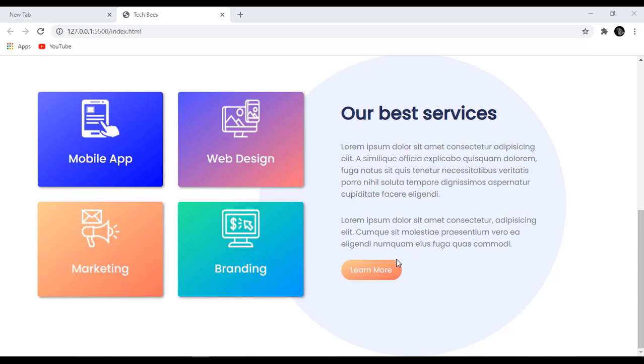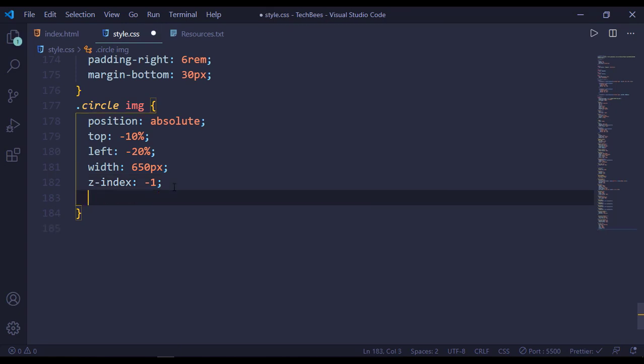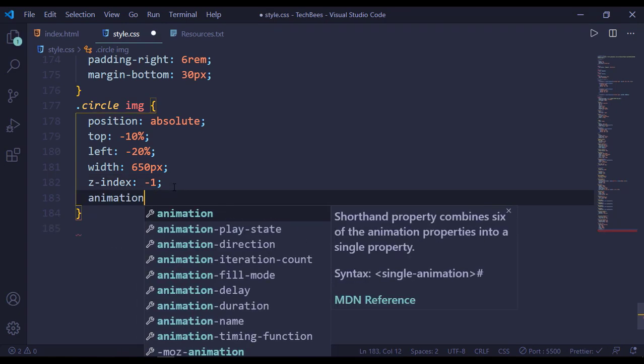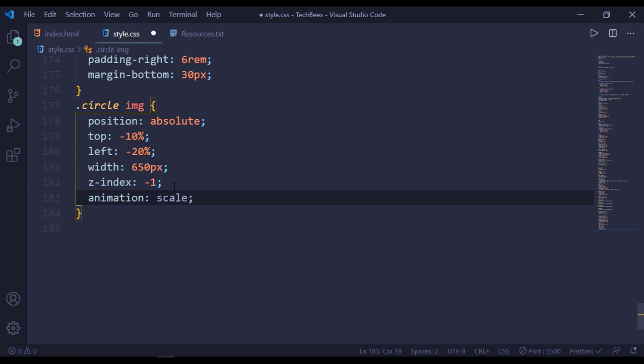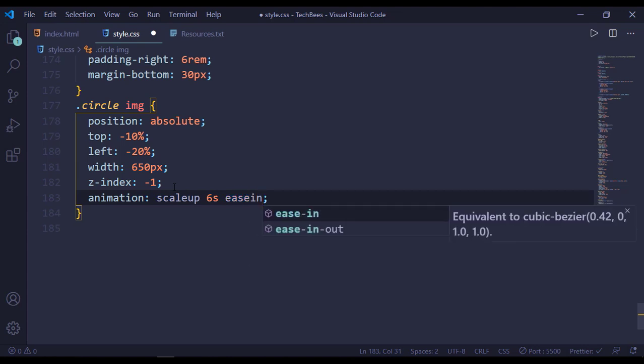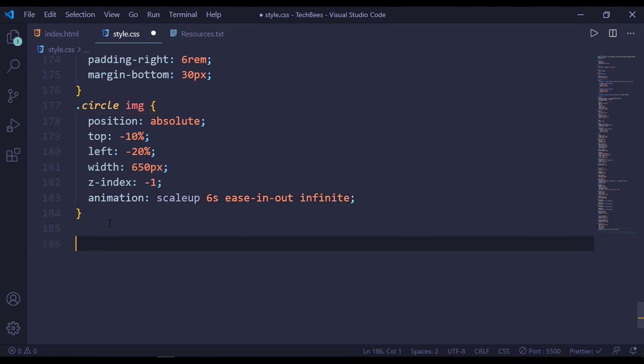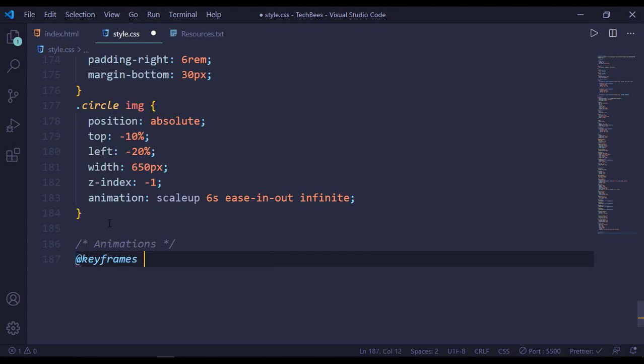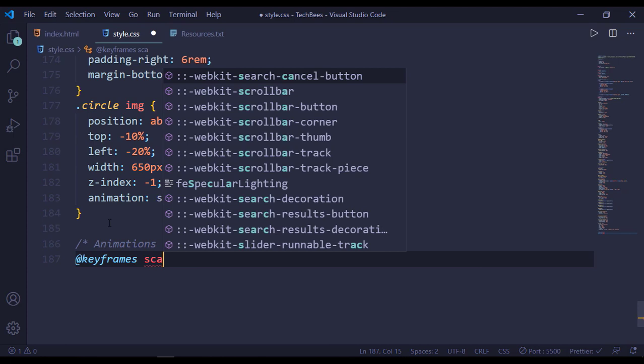Now we will add some animations to this circle and these icons. For that, add an animation. The name will be scale up, for 6 seconds ease-in-out, and it will repeat infinite times. For that, add a comment here of animations, add keyframes, name will be scale up,